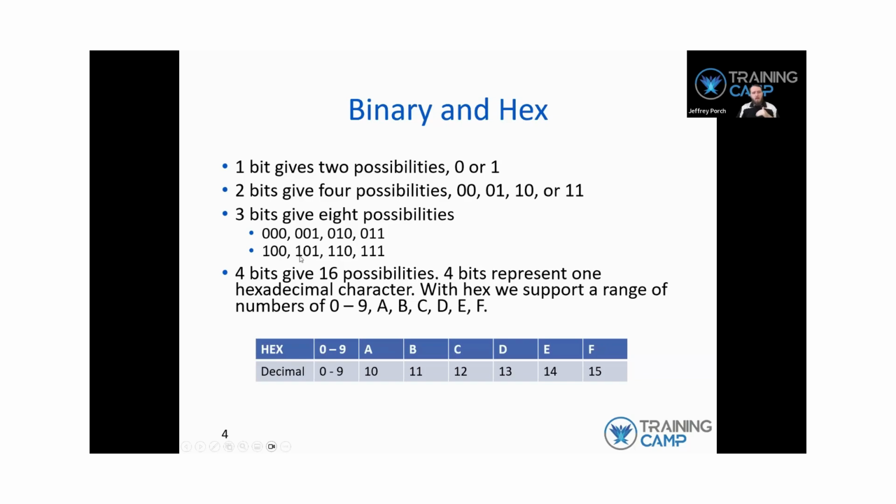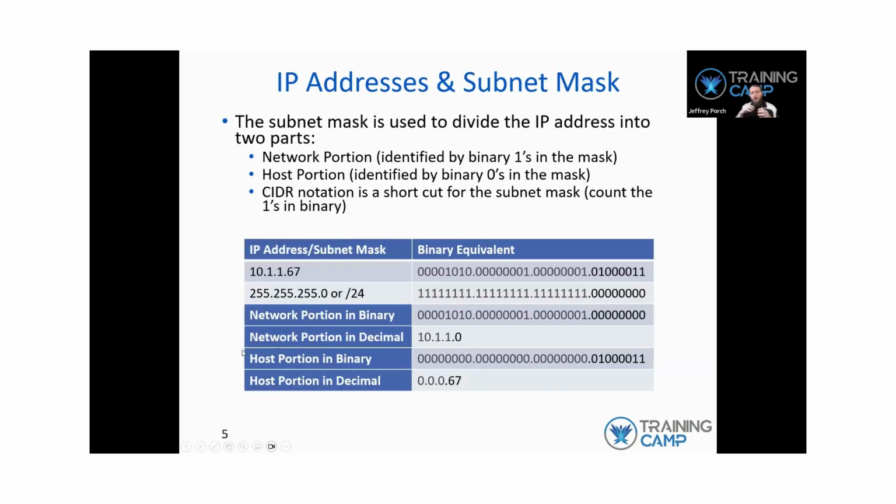Now, to give an example of what we would see for subnet masks, which are identifiers for basically where the network and host portions end and how they tie to binary, and just how to read a modern IPv4 address, we have this example here on the screen. You see we've got 10.1.1.67, which is broken down into binary there. And you see a subnet mask of